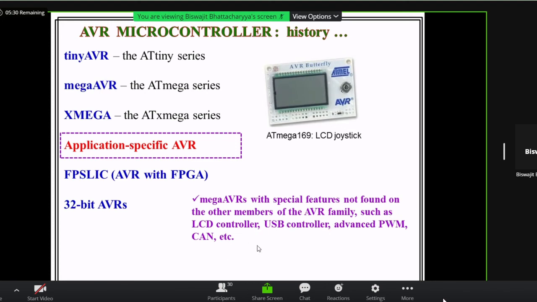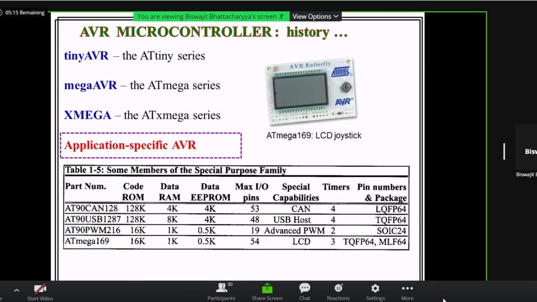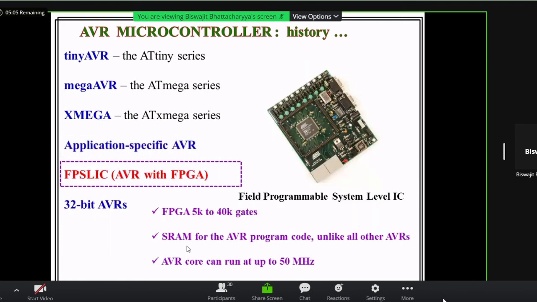The application specific AVR microcontrollers are embedded inside those devices. Different types of application specific AVR microcontrollers are here. We don't want to see all these things in detail.